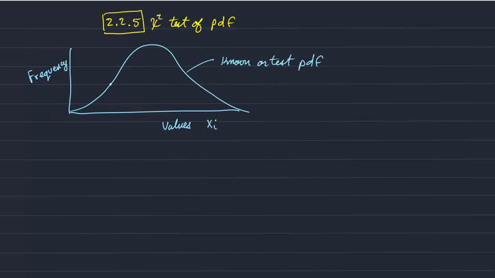It's going to test the whole PDF by comparing the frequency distribution of our data to the theoretical curve. So the first step is to divide the range of x into k bins, and they can be of any size, but there just has to be a fixed number of bins. We're basically going to make a histogram of our data,